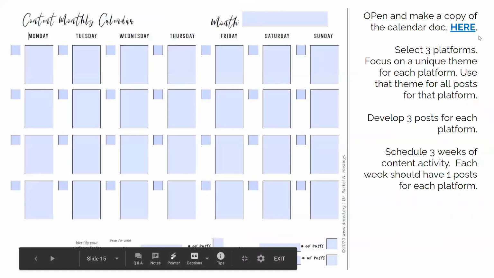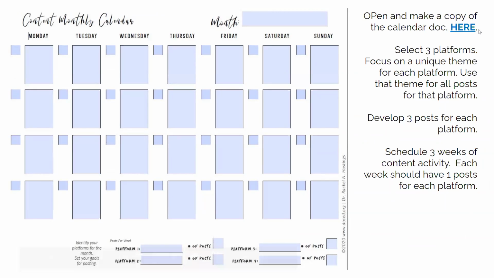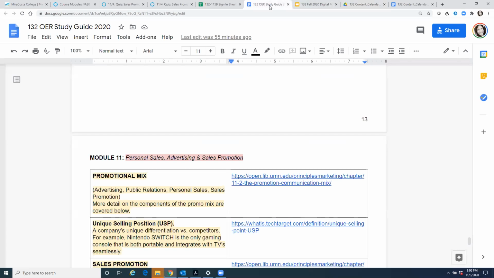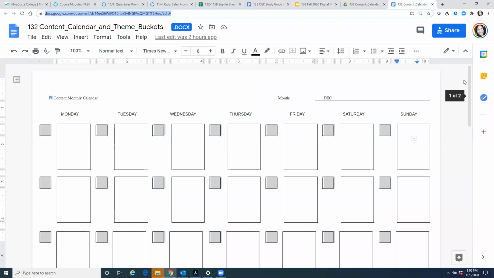So what I've got here in the upper left is a link to this calendar in a Google Doc format. I cleaned it up best I could. It's not exact, but I'm going to open that up right now so you can see the group doc, and then I'm going to put this in your, whoa, that's different. Let me just go to this one. There it is.